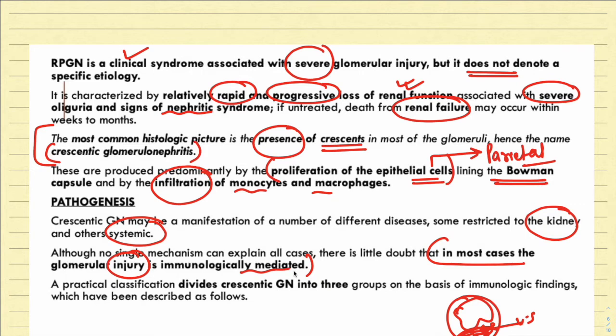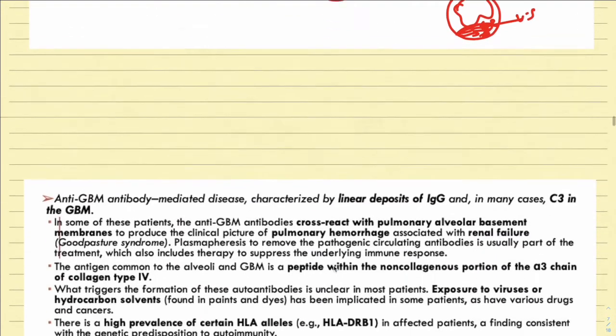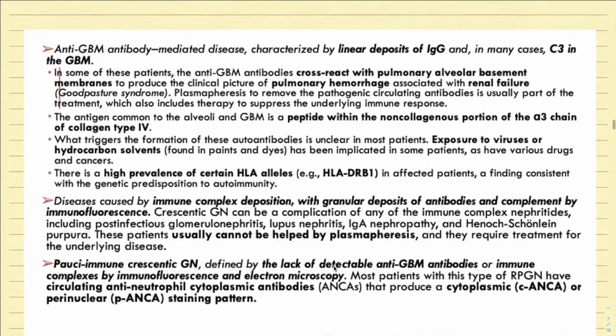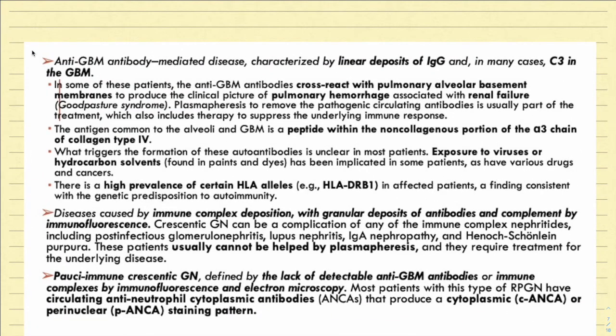We will see that RPGN is type 1, 2 and 3, and the type 3 variety is the pauci-immune variety. So, a practical classification divides the crescentic glomerulonephritis into 3 important groups based on the immunological findings. So, the first group, that is type 1, is the anti-glomerular basement membrane